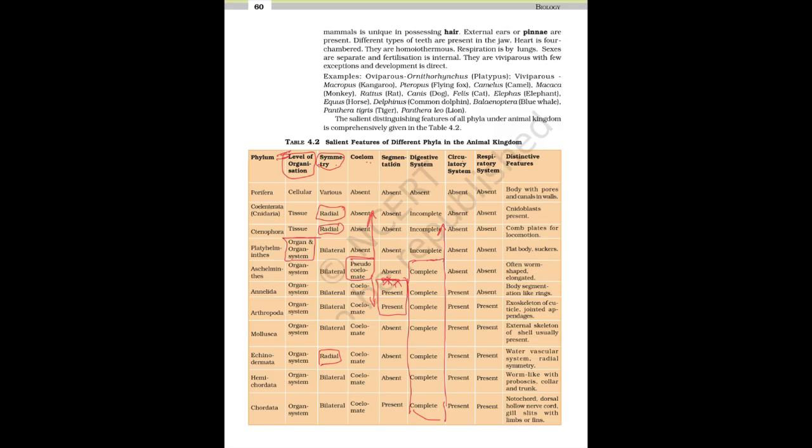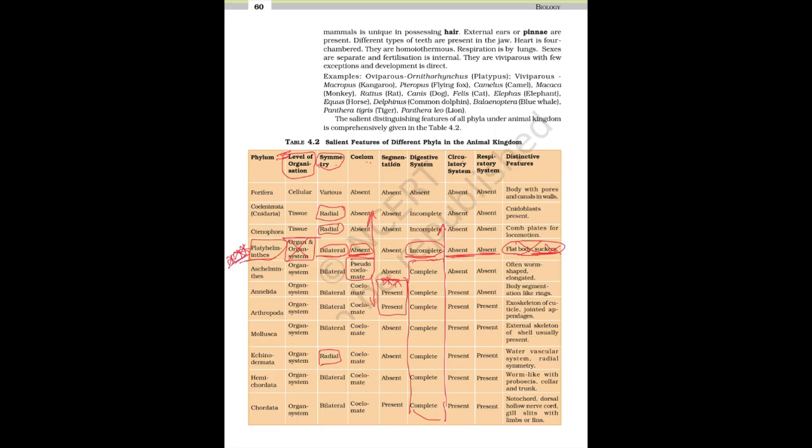So if I ask about a phylum in which coelom is absent and digestive system is incomplete, but it is bilateral and has organ system, it is Platyhelminthes. Many times this question is asked. Digestive system incomplete, circulatory system and respiratory system absent because it is inside the body like a parasite. If they give the point flat body, sucker, then anybody can recognize it, so they will not give that point. They will give this point: coelom absent, bilateral and organ system. Even if they didn't give organ system, you should understand that it is Platyhelminthes.